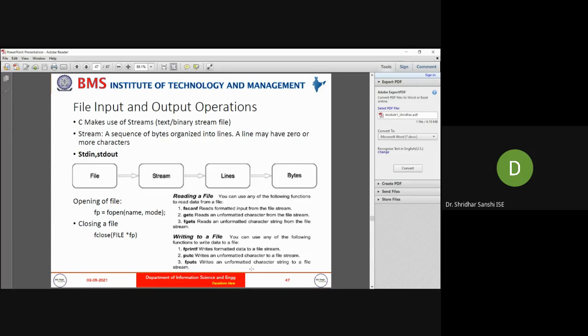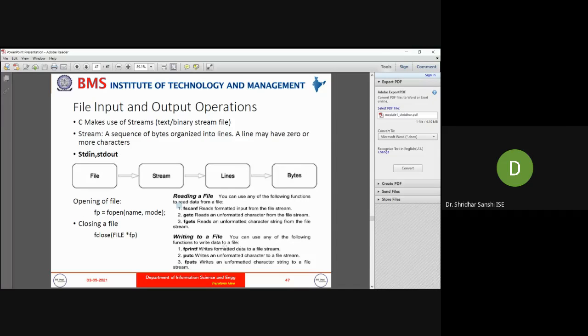And fgets is used for reading a string from a file. Similarly, fprintf is used for writing formatted data into a file, putc is writing an unsigned character, and fputs is writing an unformatted character string to a file. So these are the functions we can use with respect to files.